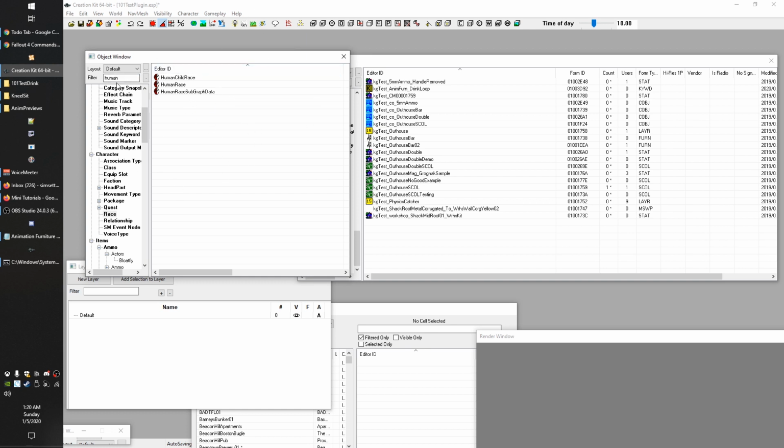But for most of us, I think we're going to be doing human animations, especially if you're using the library of animations we provided or most of the ones from Bethesda, and you want settlers to use them. In this case, the best one to duplicate is this. What we're basically doing is duplicating a record that Bethesda created that has the same skeleton we're working with, and then we're going to edit our duplication. So we're going to duplicate this human race subgraph data. We're going to hit duplicate here,